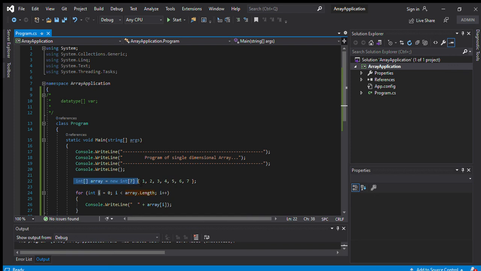Single dimensional means we are entering only row values 1 2 3, up to user requirement.